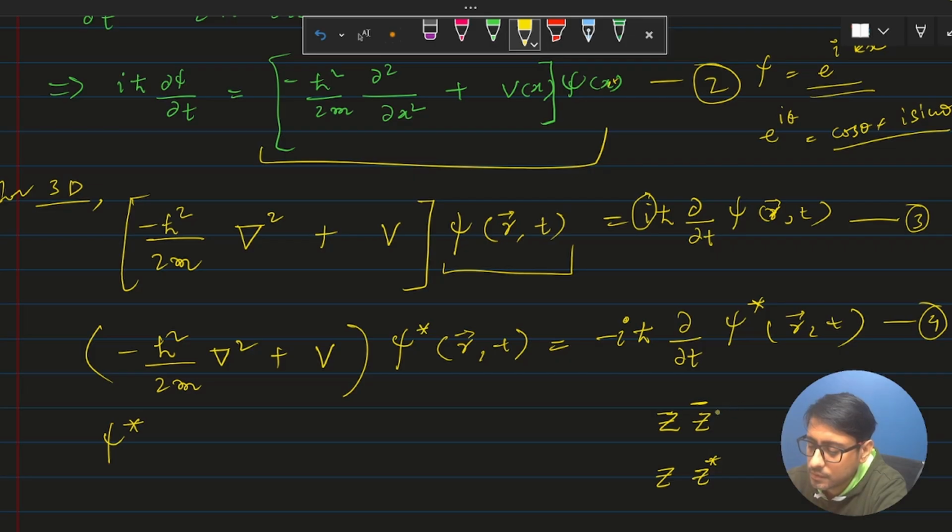So if z is a plus iota b, then this z bar is a minus iota b, and if you multiply,